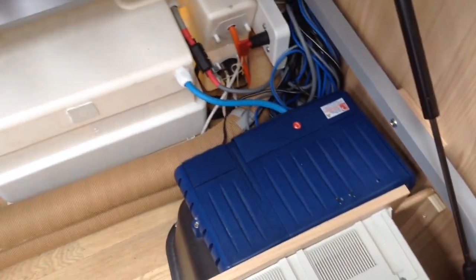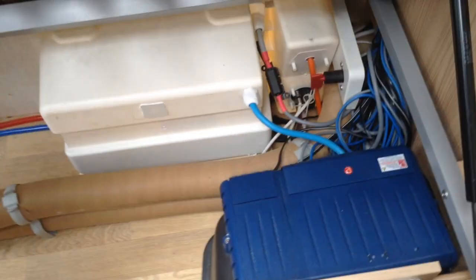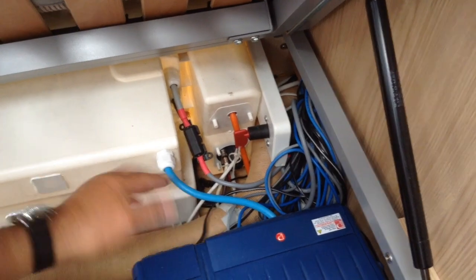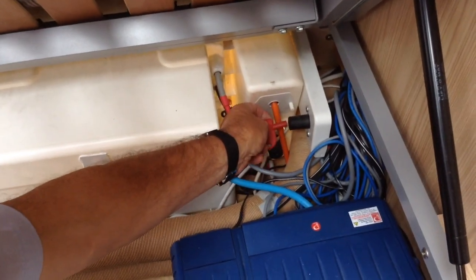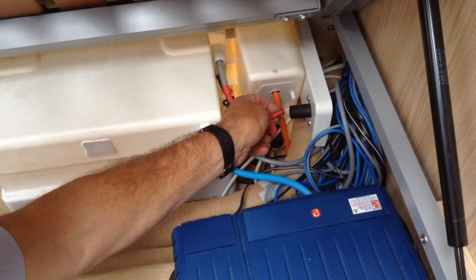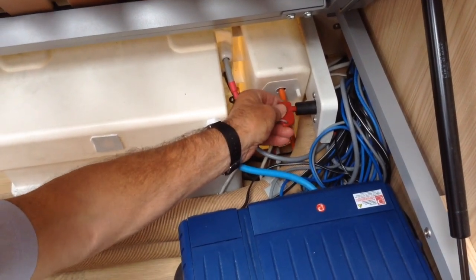Alarm control box across there is your motor mover control box as well, which you don't need to worry about. There is an isolator key there for your motor mover, so that's where that is. It's on at the moment, so we'll show you how the mover works, but if you turn that way, take it out, that's disconnected the power to the motor mover, and really that's how it should be left, otherwise you could run the possibility of